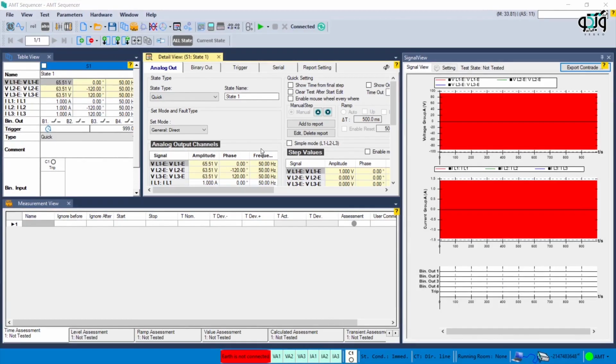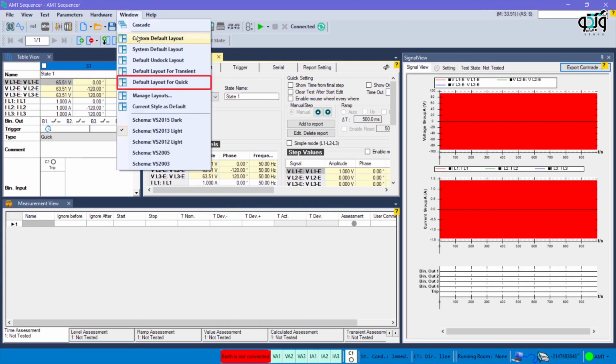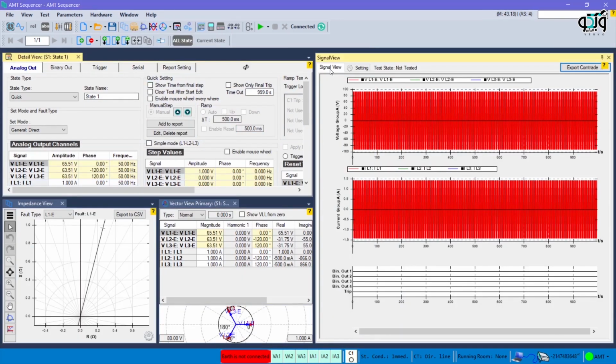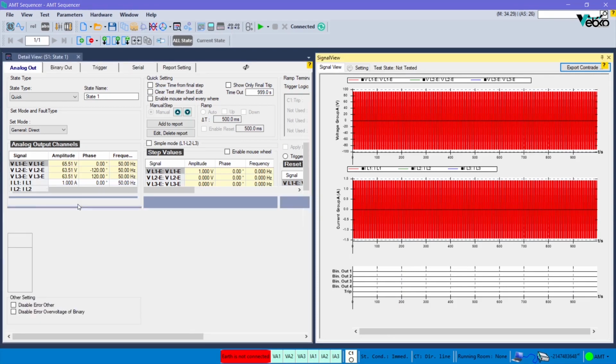Quick type is very useful for this state type. There is a layout named Default Layout for Quick, designed for this state type, in the Window menu. In this layout, the Detail View, Signal View, Impedance View, and Vector View windows are located by default. To describe this state type and to view the outputs, it is better to maximize only the Detail View and Signal